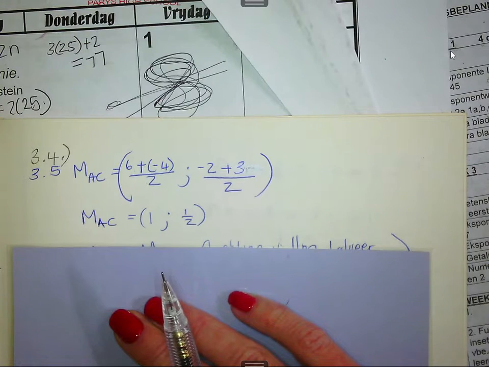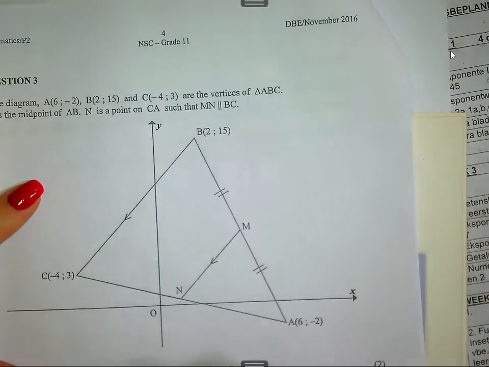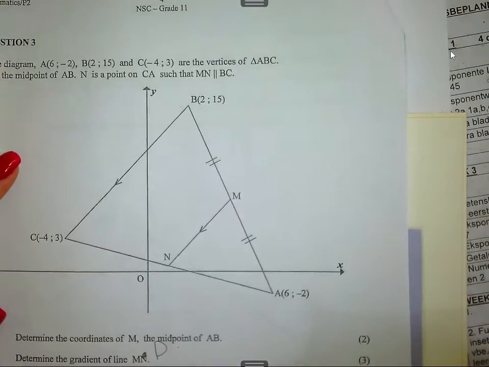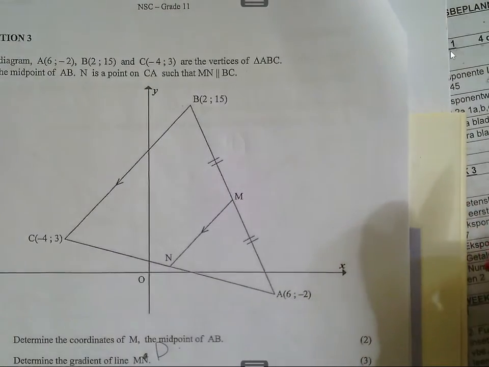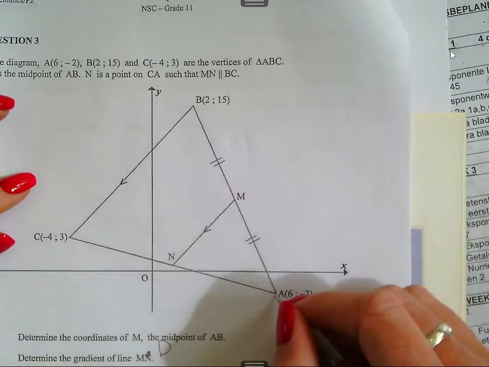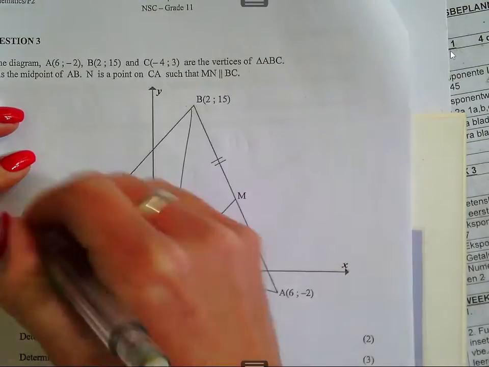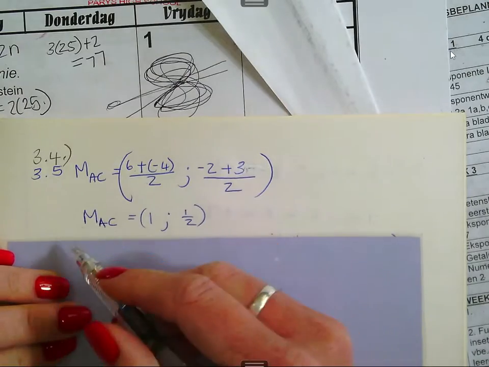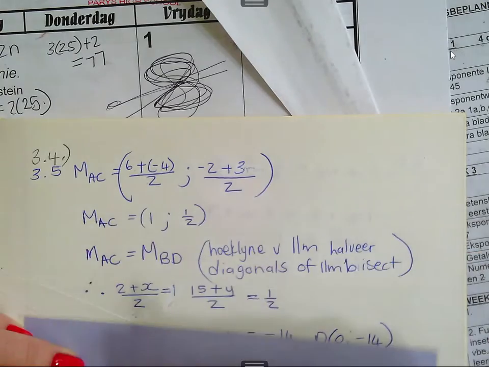Next, if ABCD in that order is a parallelogram, determine the coordinates of D. So in that order, ABCD, the D coordinate is somewhere here. I told you guys when you're going to work with a parallelogram in grade 11, the most important property that you must know is that the diagonals bisect each other, which means that the midpoints of the two diagonals will be at exactly the same point. So you already calculated the midpoint of AC. So the other diagonal,